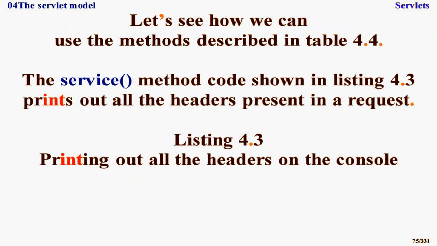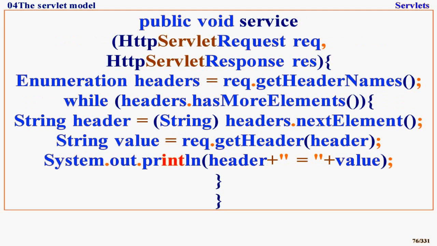Listing 4.3 prints out all the headers present in a request, printing out all the headers on the console. public void service(HttpServletRequest req, HttpServletResponse res) { Enumeration headers = req.getHeaderNames(); while (headers.hasMoreElements()) { String header = (String) headers.nextElement(); String value = req.getHeader(header); System.out.println(header + " = " + value); } }